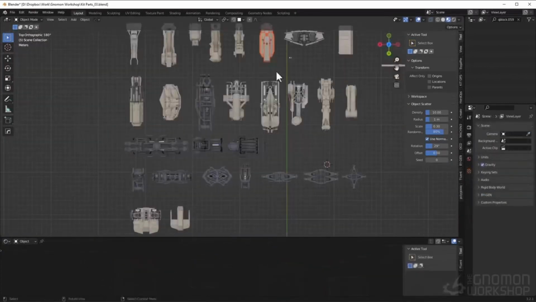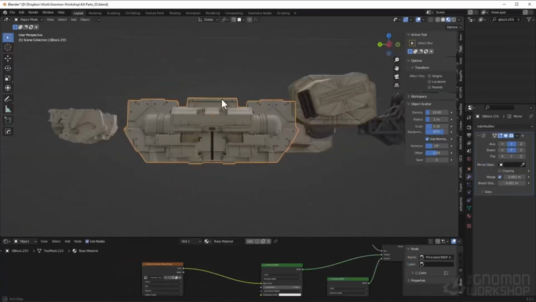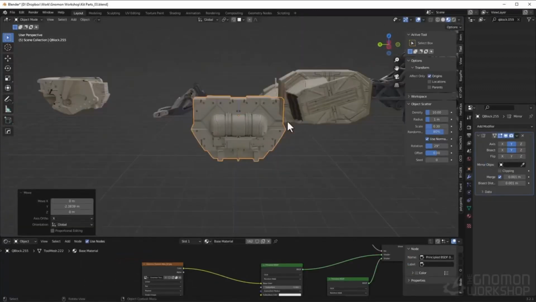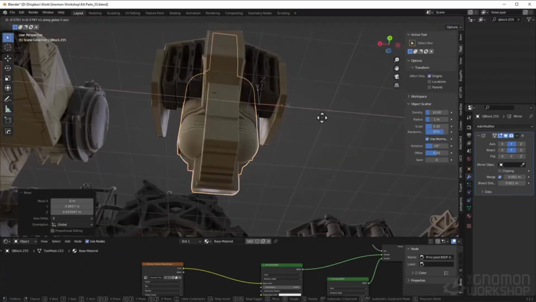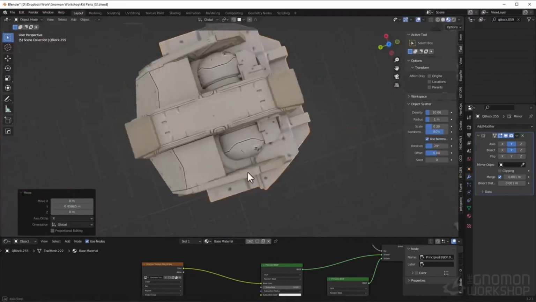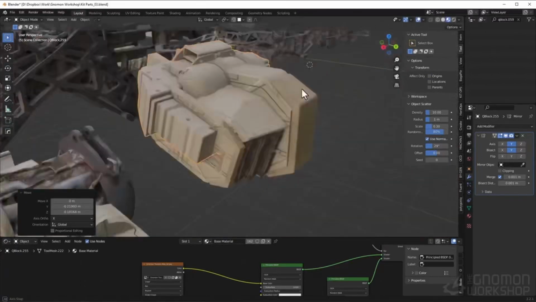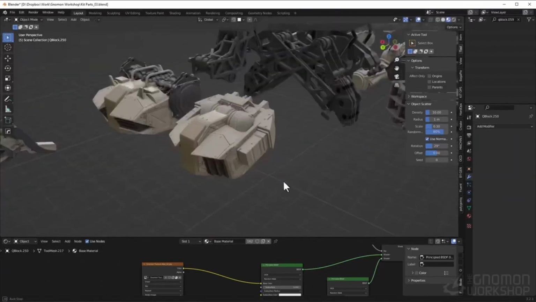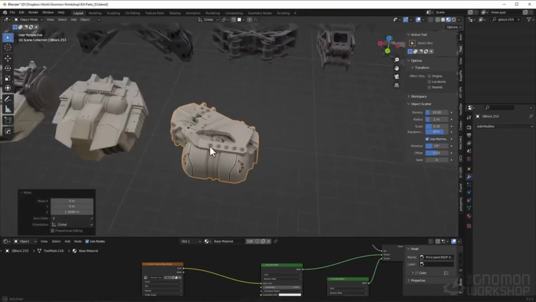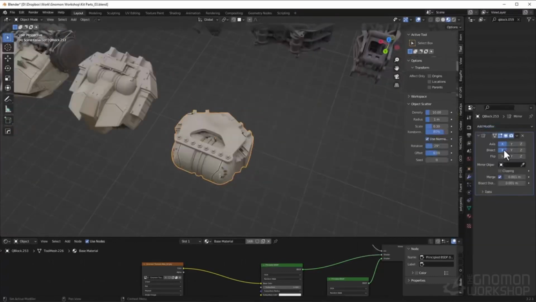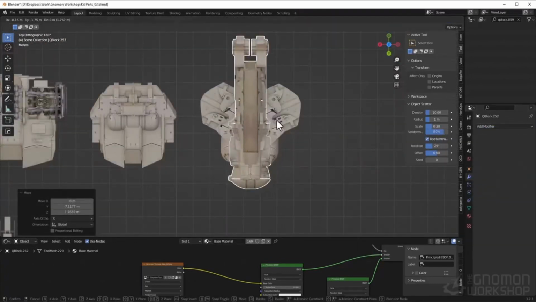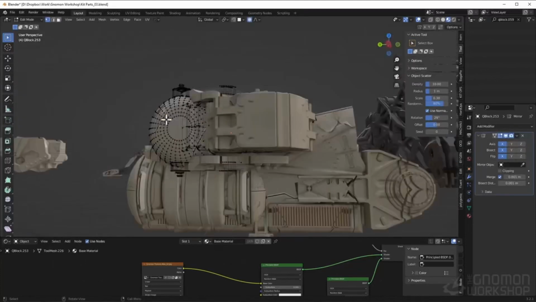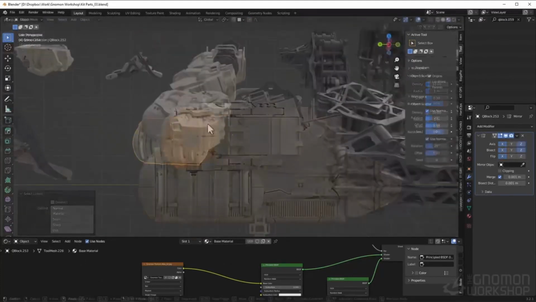Now I want to get a bit more specific about what I'm trying to create. I really like that torso shape I made before, so I'm copying that across and specifically aiming to create a few torso type shapes. I don't want to get too stuck on the idea of what the shapes need to be, as I don't want to restrict my thinking too much, but I like to have a rough idea to drive the thought process. I'm taking the initial idea and expanding on it, modifying it and trying new things with each iteration. Just like before, I'm starting off with some fairly uninspired designs, but as I push through, I'm developing